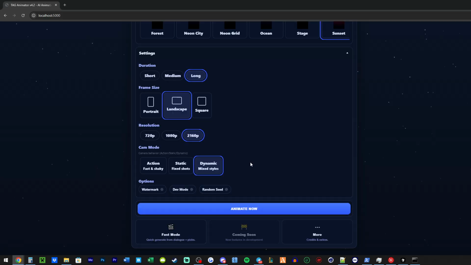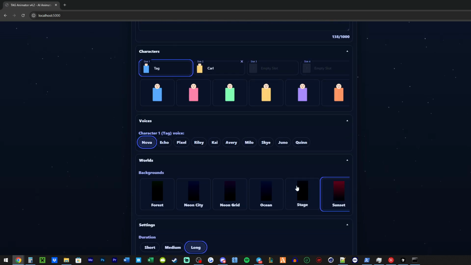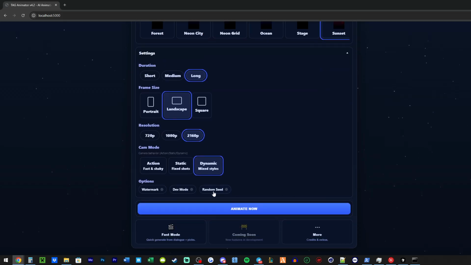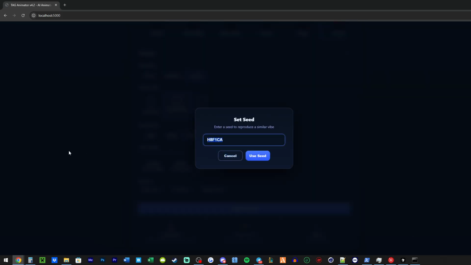Random seed is cool. It's not super precise, so you can't remake the exact same thing. Exporting your entire script is going to be the main way to do this. But if you like the mood of your scene, you can go here and copy this script, and it'll use the same type of mood or vibe as what you had here. That's going to be the seed type, but it can still vary and be different.